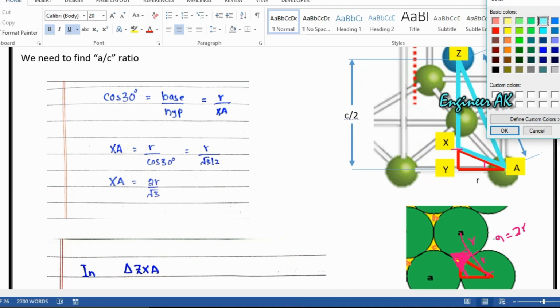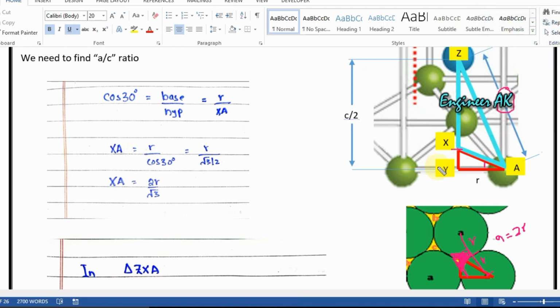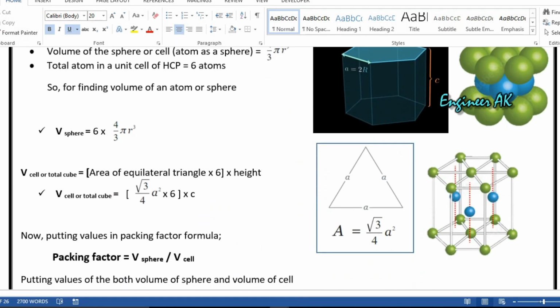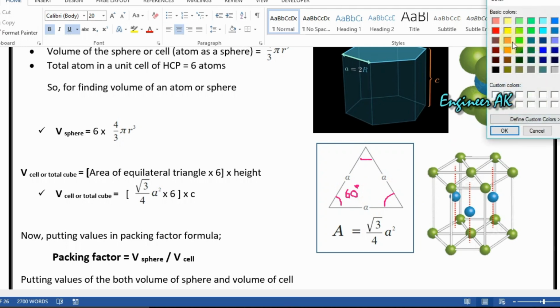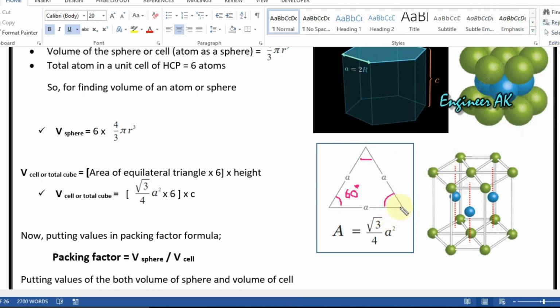Let me take this red one. Okay, so this is an equilateral triangle, right? It doesn't look like that, but if you see clearly, let me show, one minute. So this is an equilateral triangle, right? We know that in an equilateral triangle this angle will be 60 degrees, this angle will be 60 degrees, and this angle will also be 60 degrees. But the triangle that I have made over there, that was red in color,